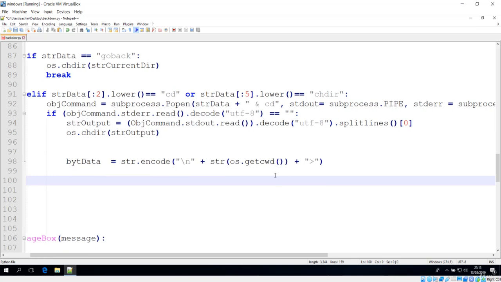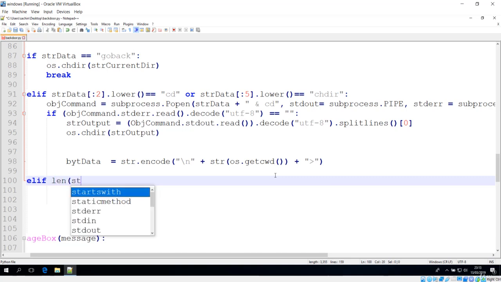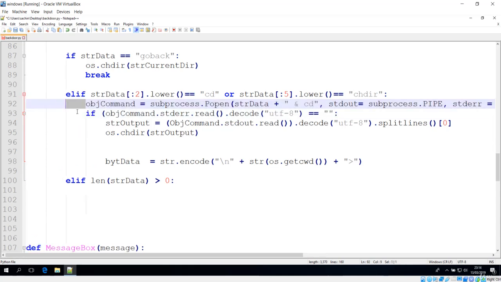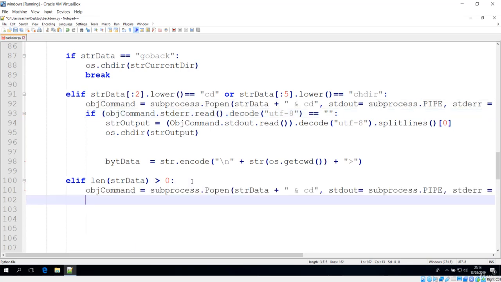So it should be in here, and in this elif part, if the length of the str data, which is over this data, is greater than 0 now, so that can be any command. Now if there is any command, we have to make use of, again, the subprocess, which is right here, which you can see, that is this command which we just have written. And I'll just grab all of these, and let me just copy this and paste it right here, because it is the same process to execute the command. So let me just paste it over here.